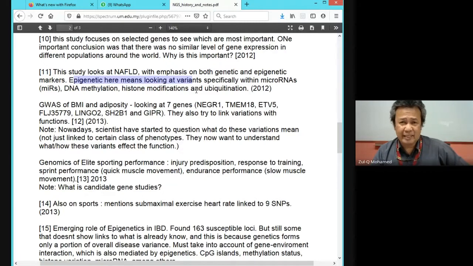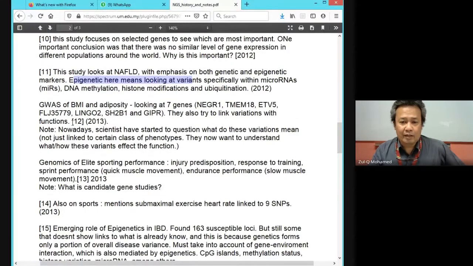So it's just saying that don't just look at genetics. I mean, we know our phenotype is determined by our genetics plus our environment, and epigenetics is a lot associated with the environment. When you're talking about environment, it's not just our environment; it's also our cellular environment. All right, so this is what we're talking about.